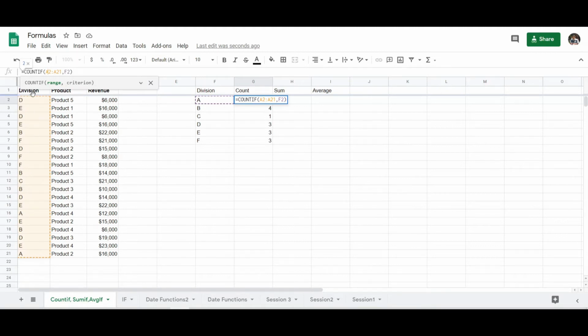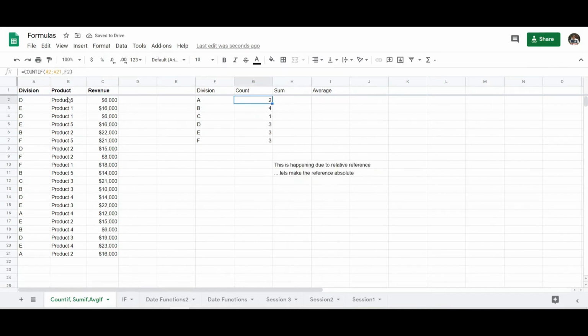In the first, for A, the formula range is A2 to A21. Let us see whether the range is correct or not. For the below one, it has offset 1 down. For the third one, it has offset 2 down. Okay, so our range seems to be incorrect. Let us see what is the reason behind this. Okay, so this is happening because of the relative reference of Excel. So we'll fix this in a while.